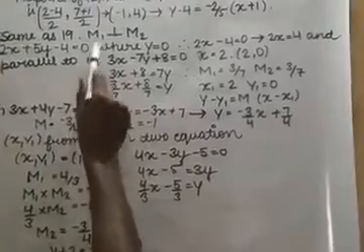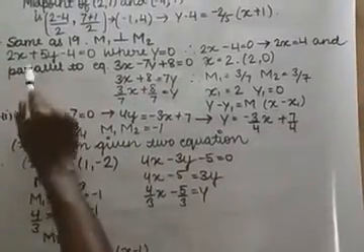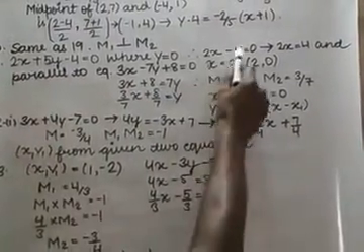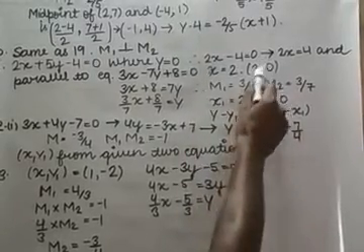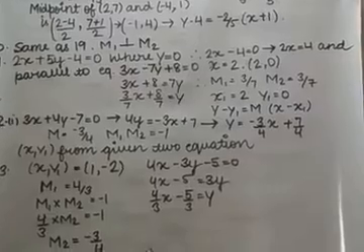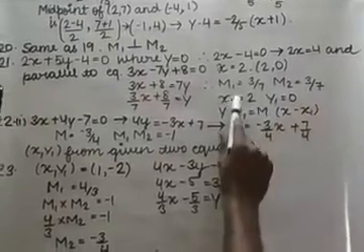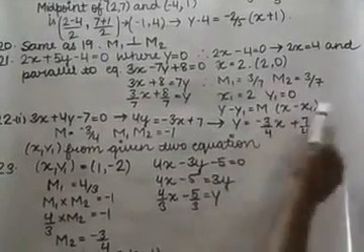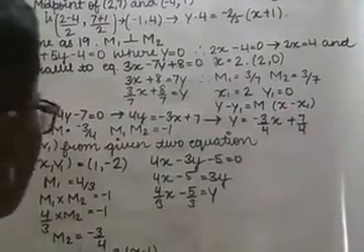So what I have done is just put the value y is equal to 0 in this given equation and got the value of x. The first coordinate will become (2, 0). Here m1 is 3 by 7 and m2 is 3 by 7, x1 is 2, y1 is 0. Now you can find the equation accordingly.